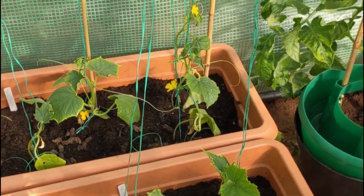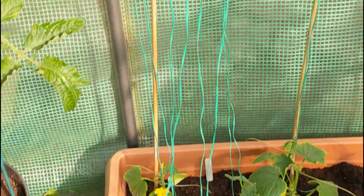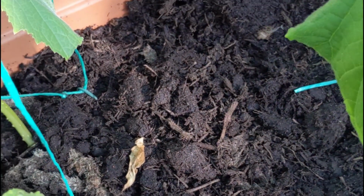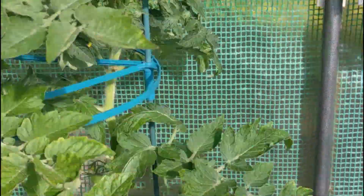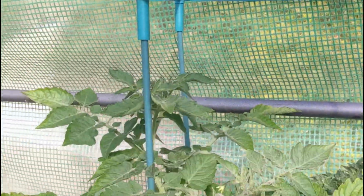Trying the same method with the cucumbers this year as last year. Got a piece of metal wire along the top, and then tying some garden twine down onto a hook in there. It seemed to work well last year until they all collapsed, but that was towards the end of summer anyway, and we were on holiday at that point. So yeah,